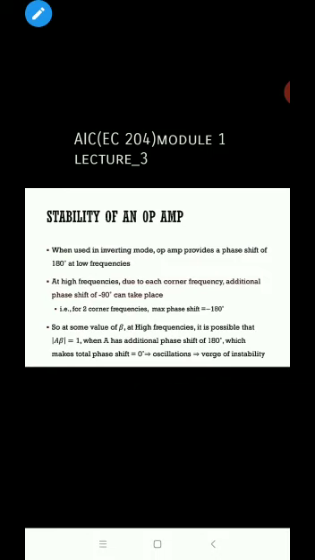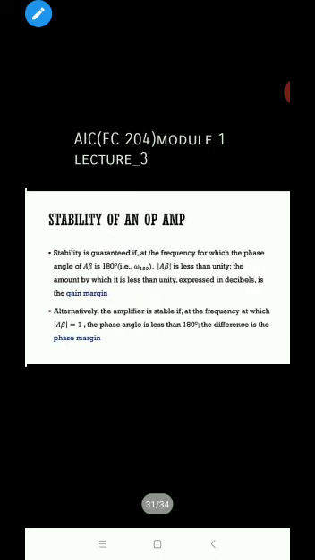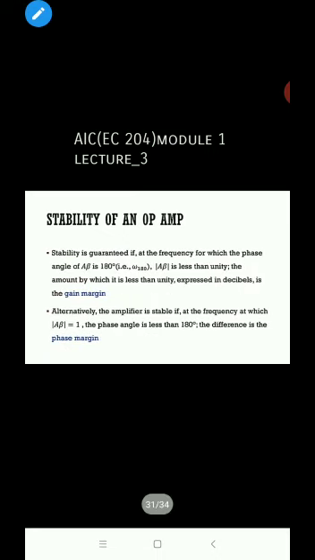So at some value of beta at high frequencies, it is possible that the magnitude of A beta equals 1, when A has an additional phase shift of 180 degrees, which makes the total phase shift 0 degrees. Oscillations occur; that is the verge of instability. Now the stability of the op-amp is guaranteed if, at the frequency for which the phase angle of A beta is 180 degrees,